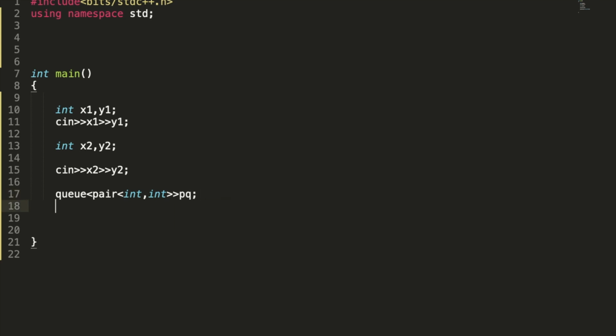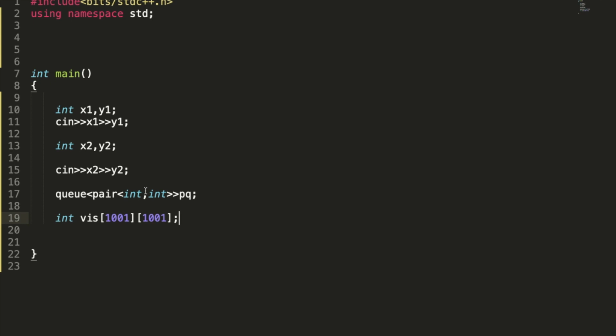So pq is the queue, and we are going to have a visited array whose dimension will be 1000 comma 1000, because x1 comma y1 and x2 comma y2 are less than or equal to 1000.